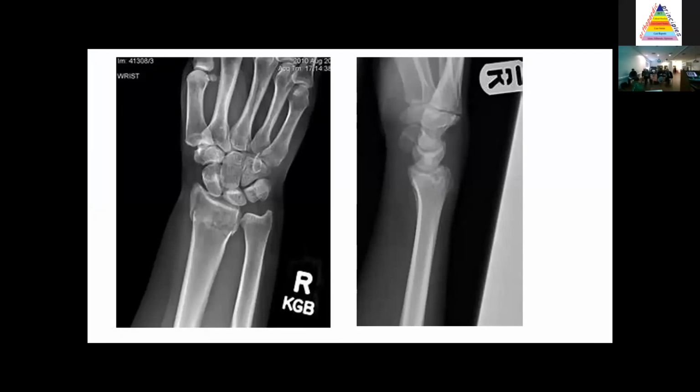The AP and lateral radiographs of the wrist. Looking at the X-ray of the AP view, I see a distal radius fracture with shortening of the radius, and the radial height is shortened. The radial inclination, I would say, is acceptable. And on the lateral view, there's not much dorsal tilt, but there is some